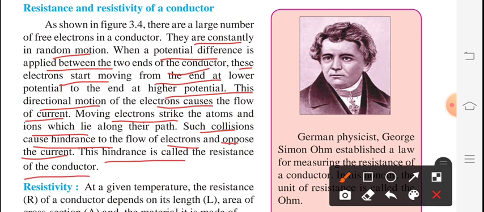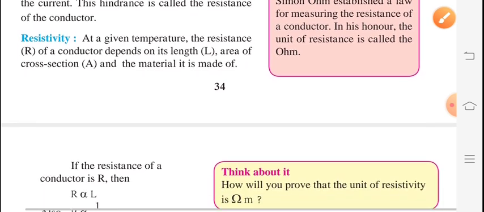Whatever electrons are flowing in the conductor have one direction, but due to hindrance they strike each other, and that comes as the resistance of the conductor. Obviously all electrons flowing through the conductor have a random motion. We cannot say they flow along one path only. They flow along one path, but one or two electrons among all hit each other, and due to that hindrance comes, which is called the resistance of that conductor. So we can find its resistivity with the help of resistance.